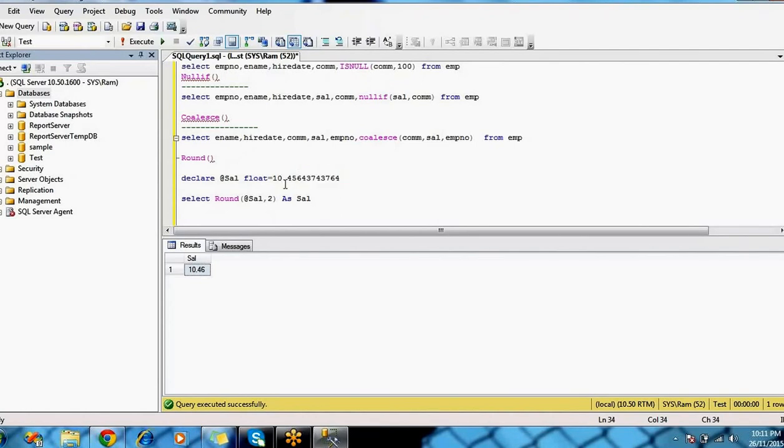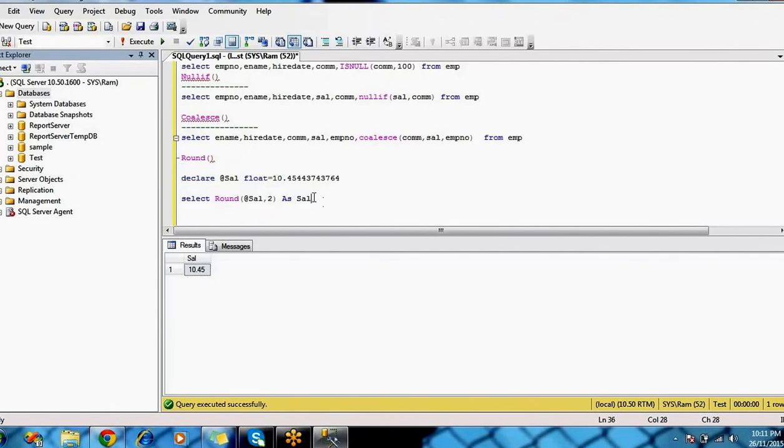If it is less than 5, that means 4, then it will display 4 5 only. So it is rounding the value. If it is more than 50 percent, it will add 1. If it is less than 50 percent, it just takes the base value, 10.45.